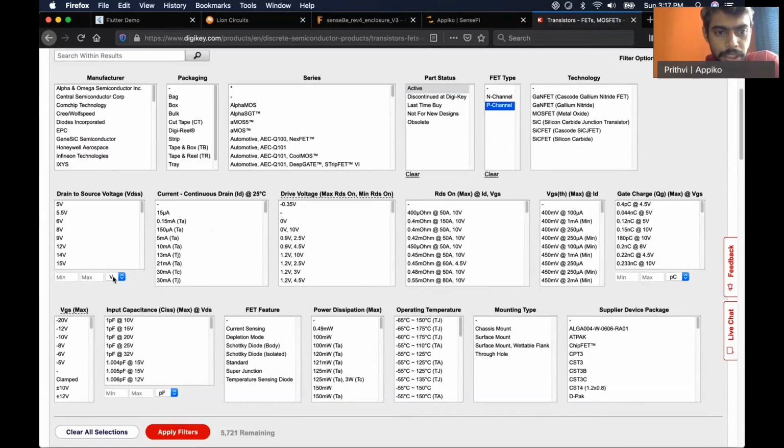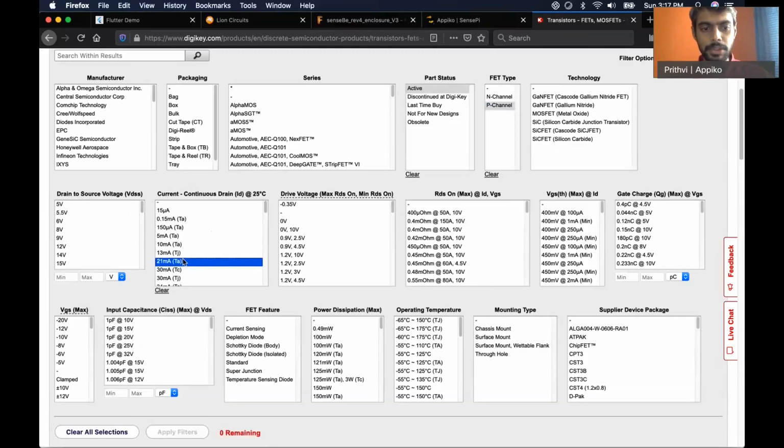Drain to source voltage is, in our case, not important because the battery is only a maximum of 3 volts. Continuous drain current is also not important because the peak current that the system takes is about 15 milliamp. So most of them are above 15 milliamp, and we can actually choose everything above 21 milliamp.